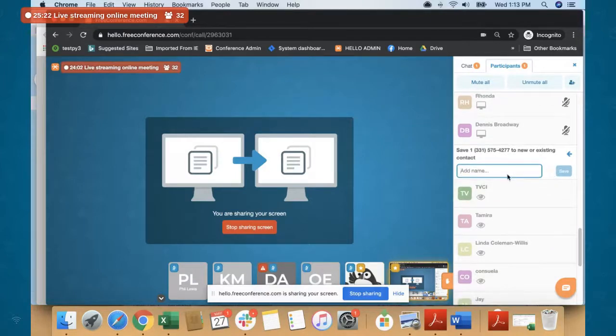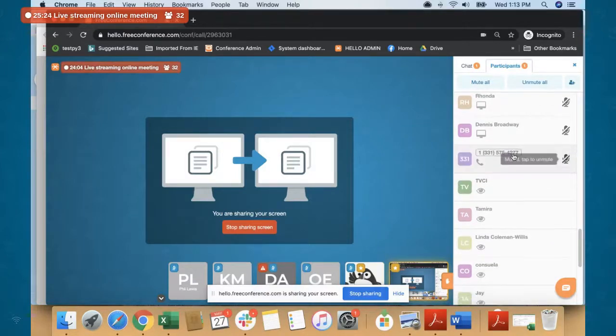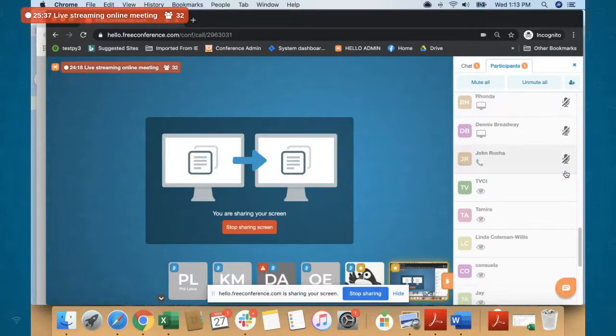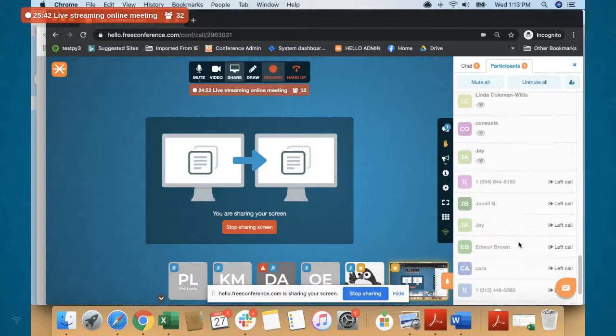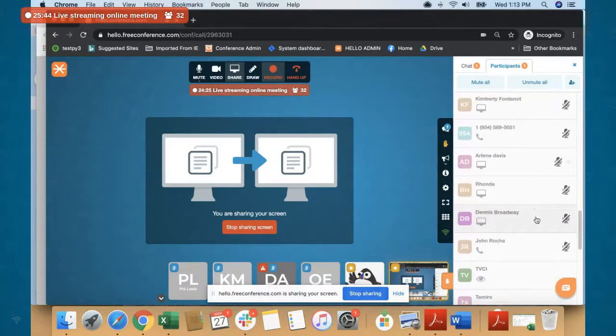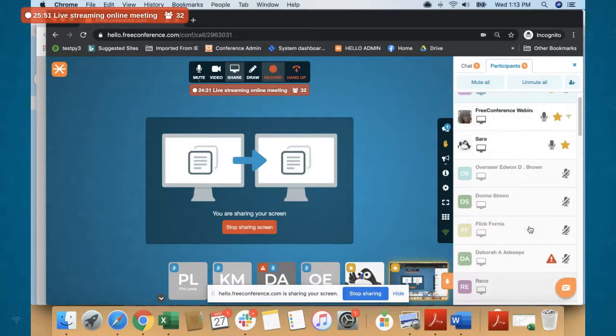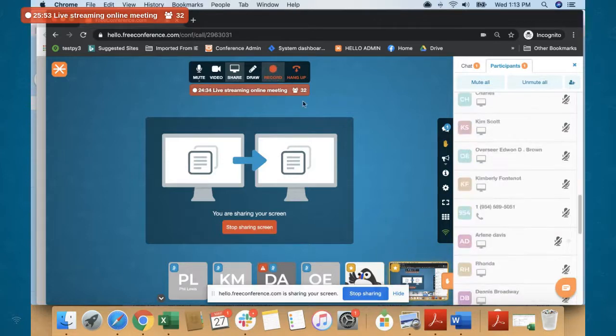And then it would come up as, what am I doing wrong here? I can just go ahead and save these all. I don't know, just make this, you can save it. And then you would see the names pop up instead of the phone numbers and in your address book as well. See? So now I've got a permanent record of that caller. And when they call back in with that number, they're going to pop up as the name and not just as a participant with the phone number, if that makes sense.